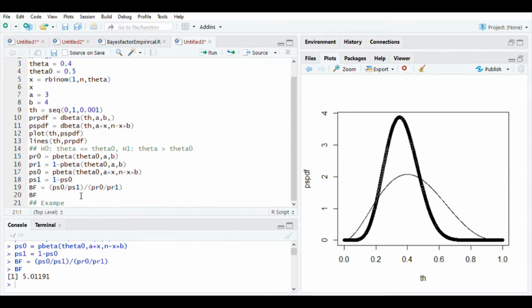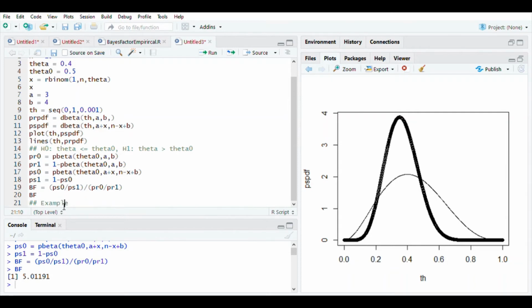Means if you follow the cutoff of 1, then you are going to accept H naught here. So there are two choices here which you can have. Either choose reject H naught when Bayes factor is less than 1, and don't reject H naught if Bayes factor is greater than 1, or you can follow the criteria which I have given in the notes. Either of them will be fine.